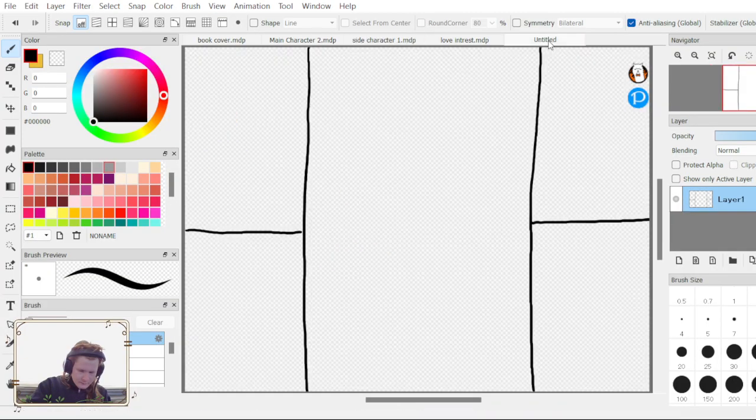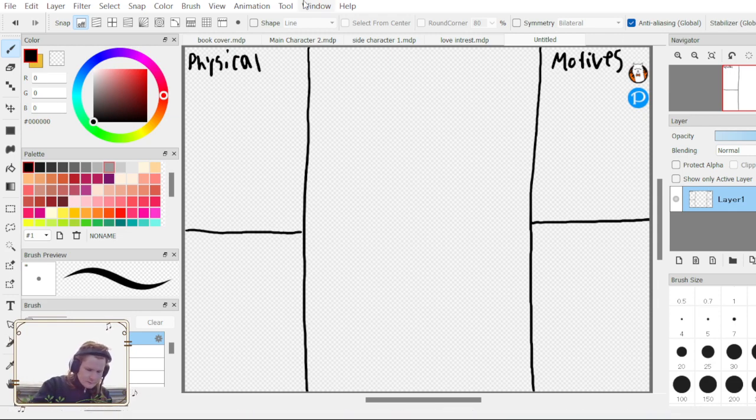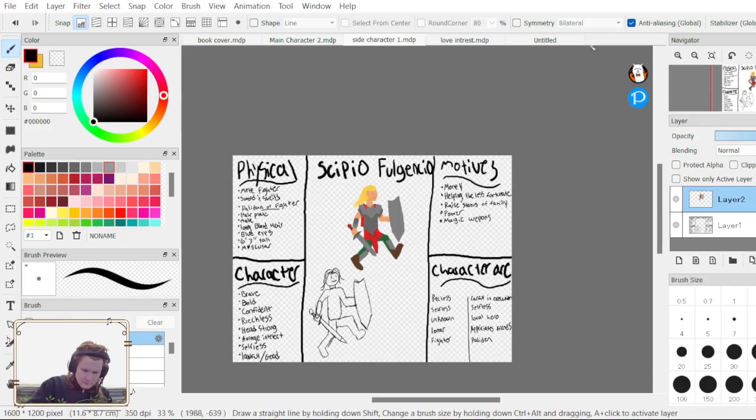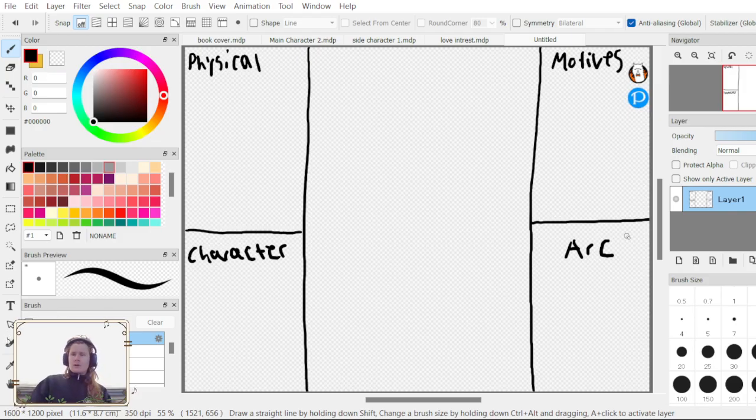So we had physical motives, their character, and their arc. So this is gonna be our third character.